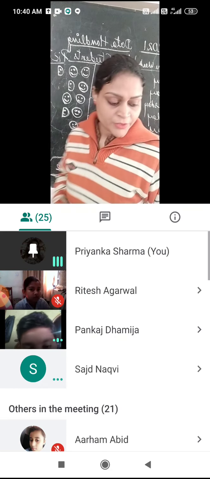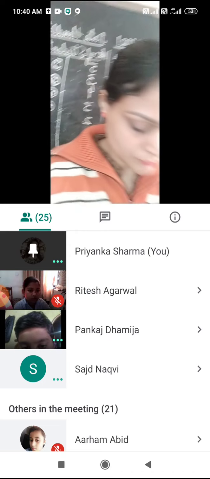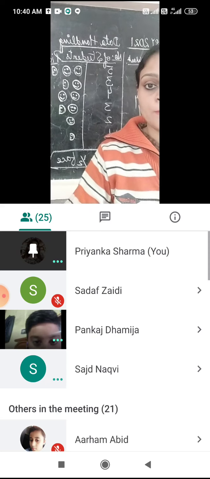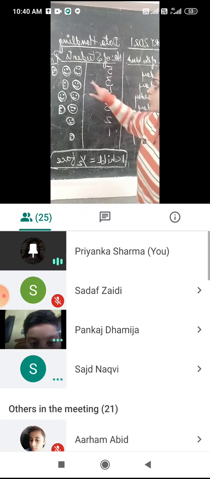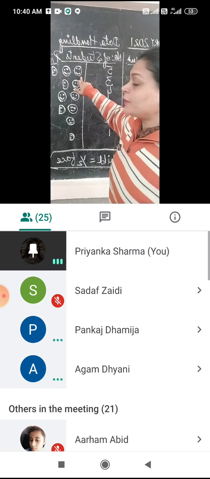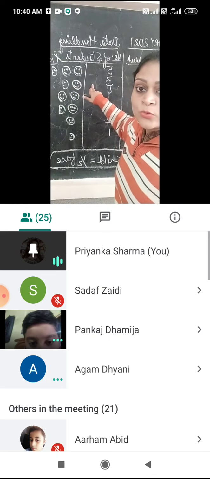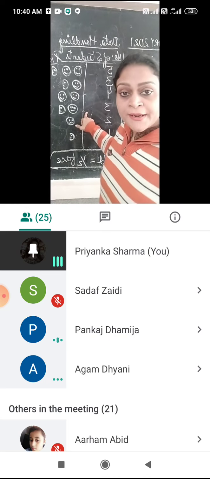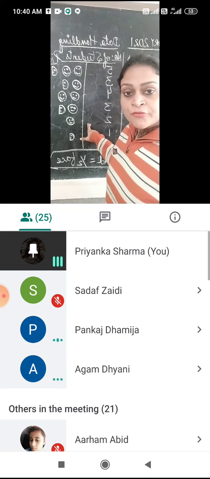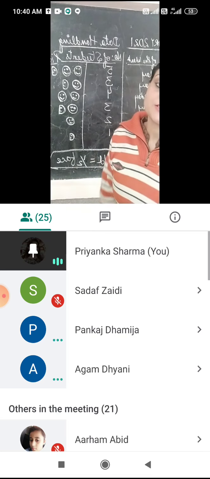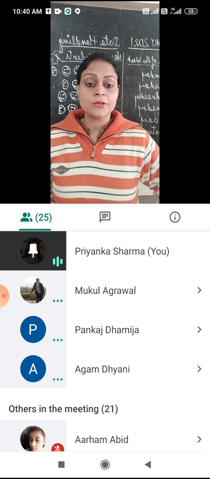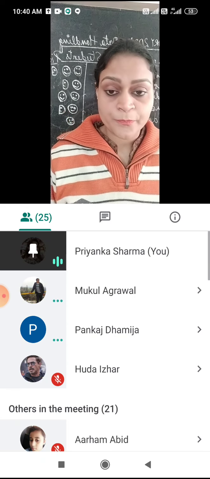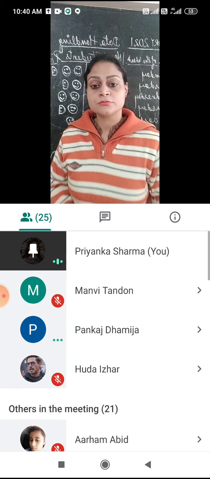Is this clear to everybody? How you have to make this chart? So for five children, two and a half faces. For three, one and a half. For four, two full faces. For three, one and a half. For two, one full face, and for one, half face. Because in the key we have written one child is equal to half face. This question is clear to everybody.